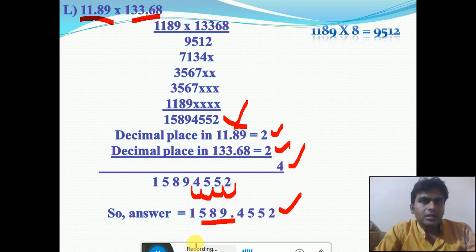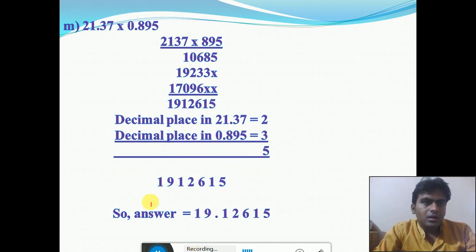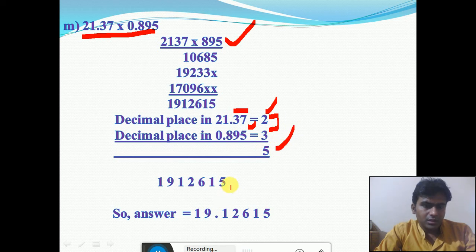Now like this you can solve this question also without worrying about the decimal point. Just simply multiply the numbers first, then you will decide how to put the decimal point. So here, the decimal point after how many places? 5. Why 5 places? Because here after 2 places the decimal point, and in the second number the decimal point after 3 places from the right. So total 5. So this we got from multiplication of all these and addition of these numbers from here to here.